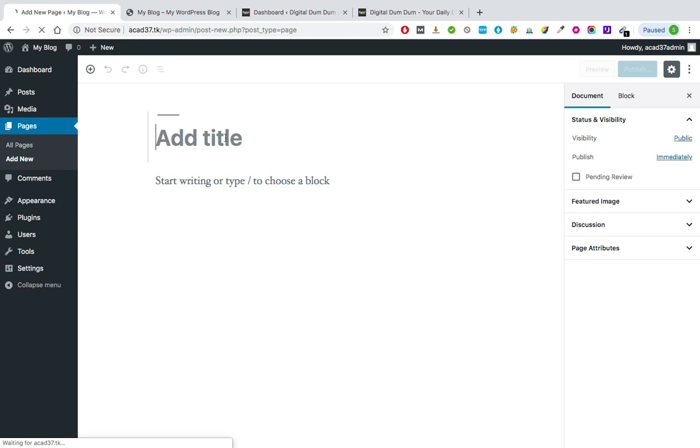So by title I mean terms and conditions, privacy policy. It can be about us, it can be contact us, right? So all these are titles. So let us go ahead and create or add a title like about us. Make sure that the first character is capital of every word. That is called as title case. Okay, so I have given the title as About Us.